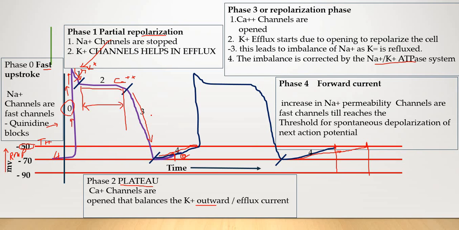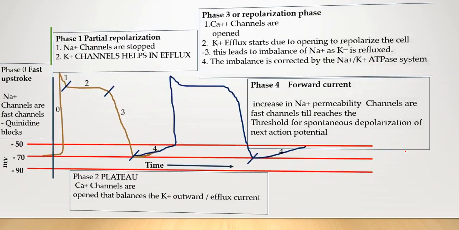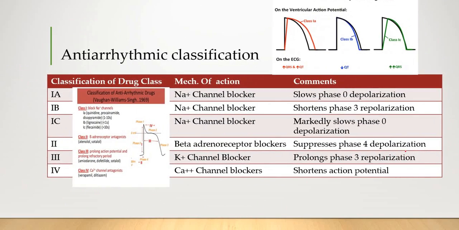So you understand this phenomenon, and then it is followed by this influx and efflux of different electrolytes. This current comes to the surface and different electrodes are placed, and then it appears as an electrocardiogram. So what is important is that you must understand the normal action potential. Now, if we go to certain drugs that are going to affect this particular step, as we discussed in the previous slide.